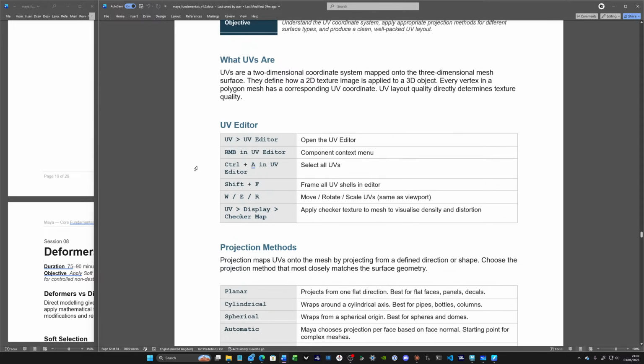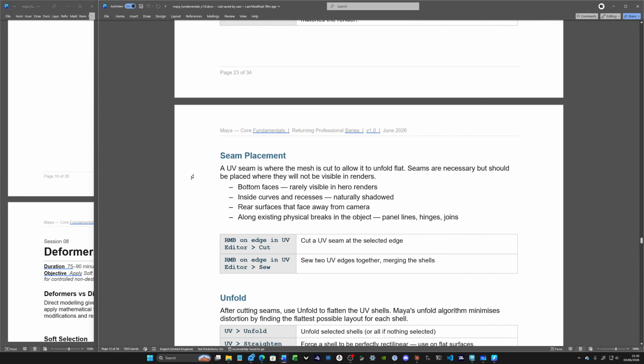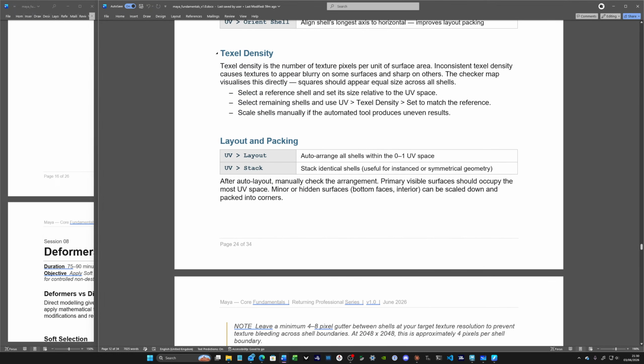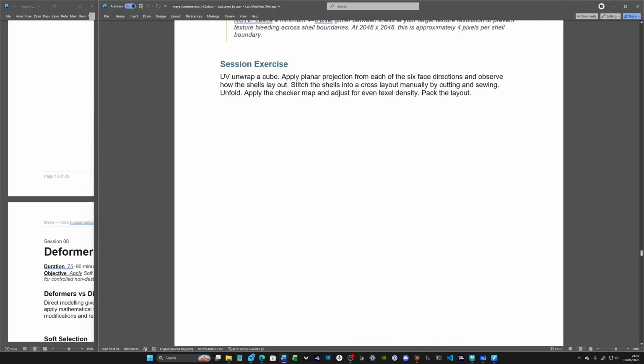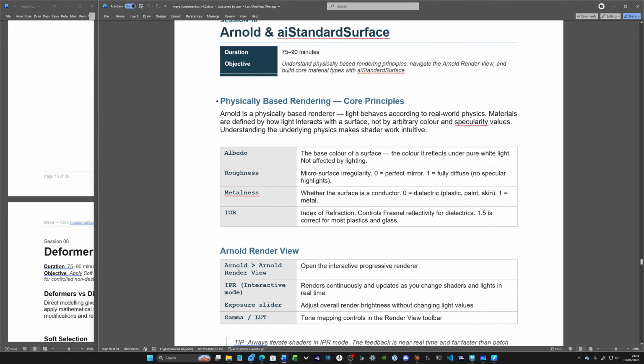And then we've got UVs, which is fun. If you want to apply textures to it, texel density. That's one that a lot of students forget about. Auto layout and packing. And session 10 is Arnold, physically based rendering core principles, about metalness and roughness and albedo,